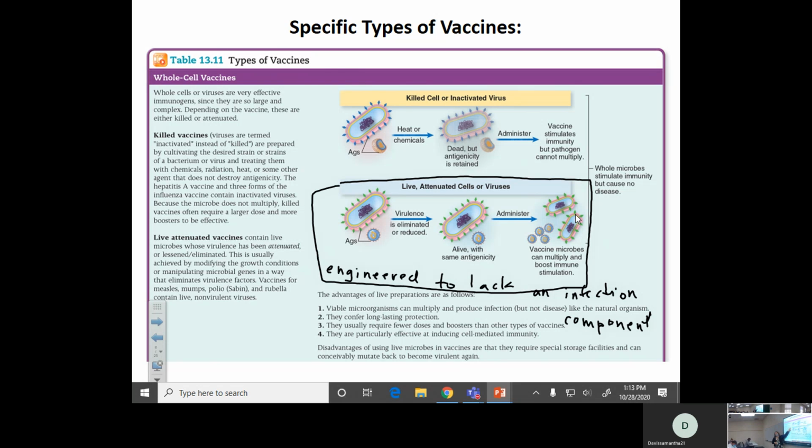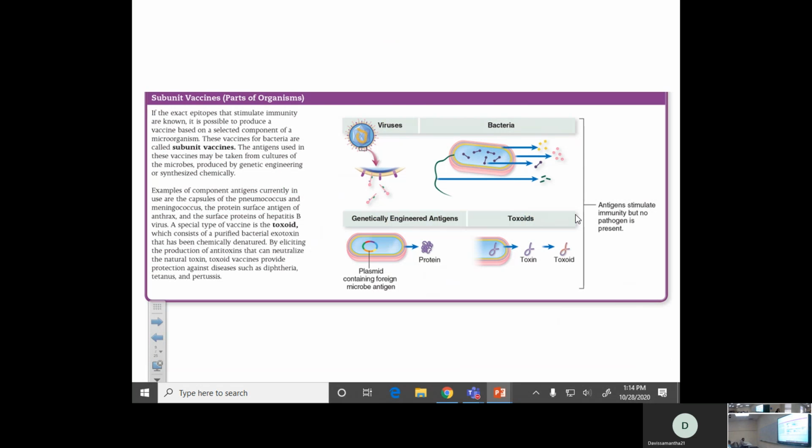Neither one of them are 100%, but this is a little safer than trying to be extra sure that if you've got 5 million bacteria, that 5 million of them are dead. Because if 10 of them are alive, that's not good. That's not good enough. But both of these are not quite as safe as the next categories, which are subunit vaccines. So with a subunit vaccine, you're just taking